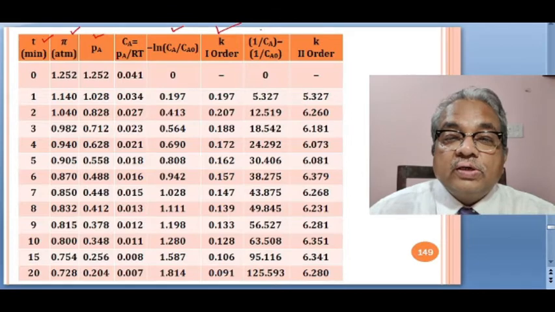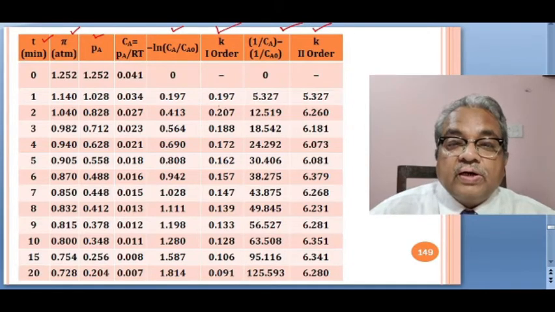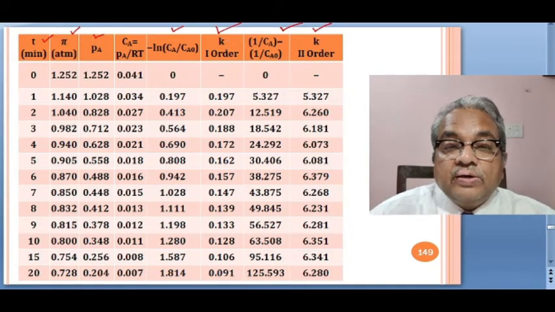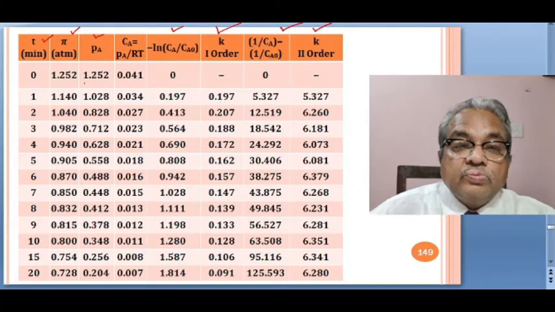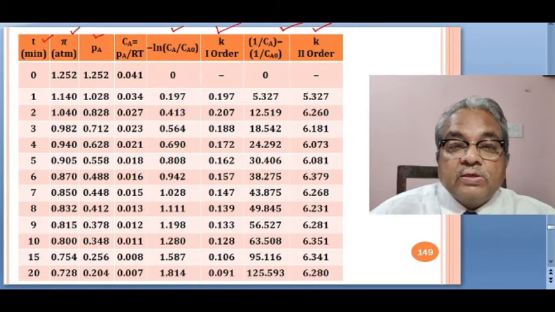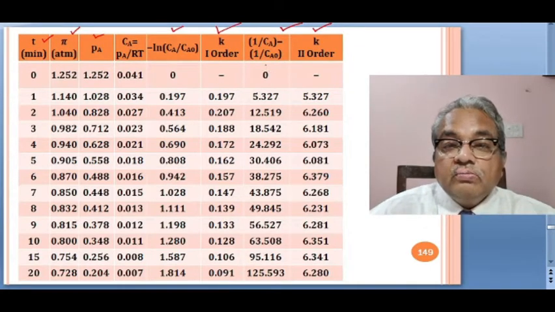Similarly, in terms of concentrations, we have 1 upon Ca minus 1 upon Ca0 equal to Kt. So this is for second order. So we will test for second and first order. If you calculate these K values with respect to time, this value minus ln of Ca by Ca0 divided by corresponding time will give you the value of first order rate constant K. Similarly here, 1 upon Ca minus 1 upon Ca0 divided by corresponding time will give you these values